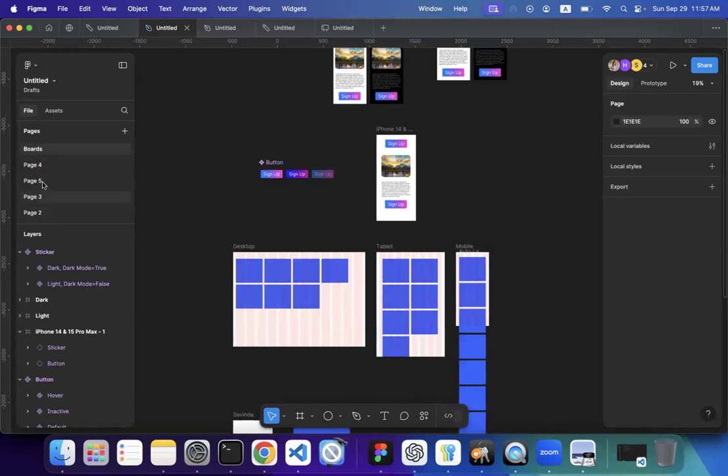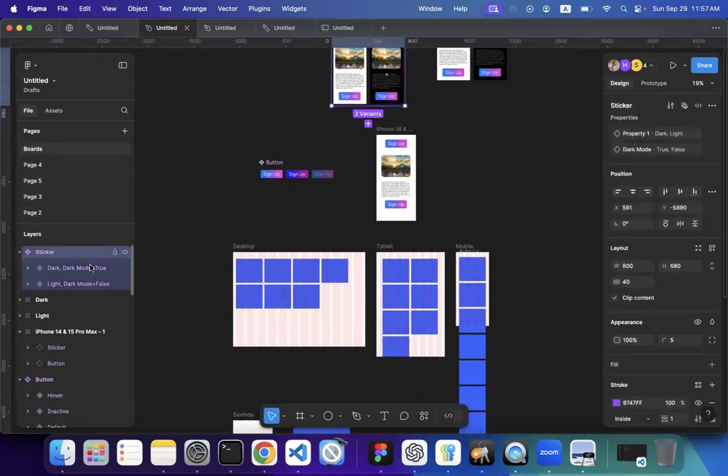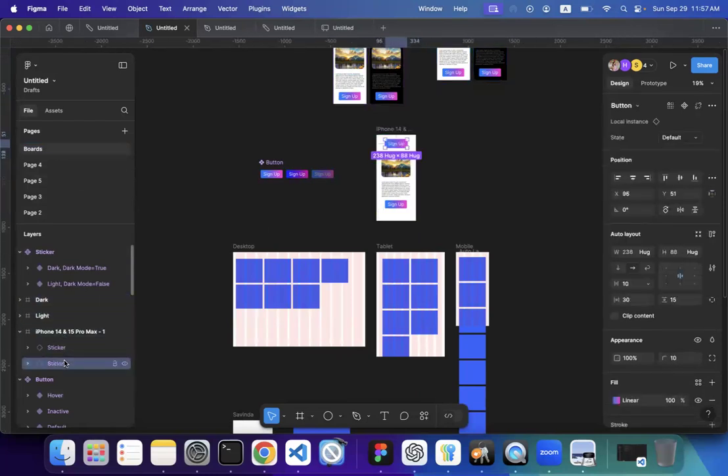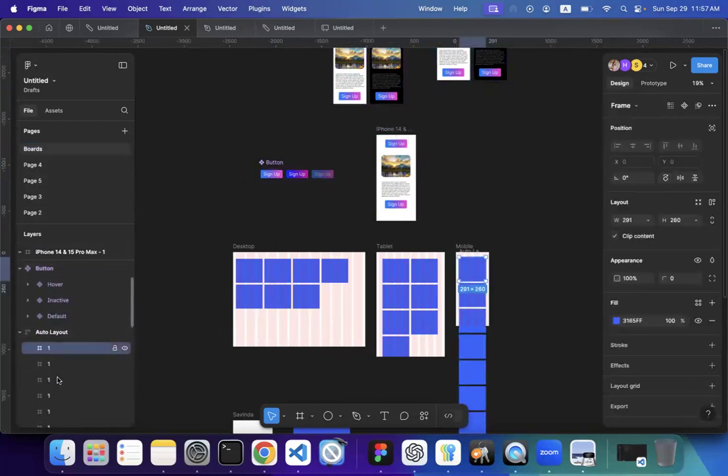Even inside the page, we have layers down here. All the layers that we have created, all the frames and all the components, images and everything, you can access them here. It is a good practice, whenever you create a new component or new frame, to please rename it with a meaningful name. It will help you when you come up with more and more design elements in the same file. All right, this is about the layers, and you can rename your file to whatever name you like,